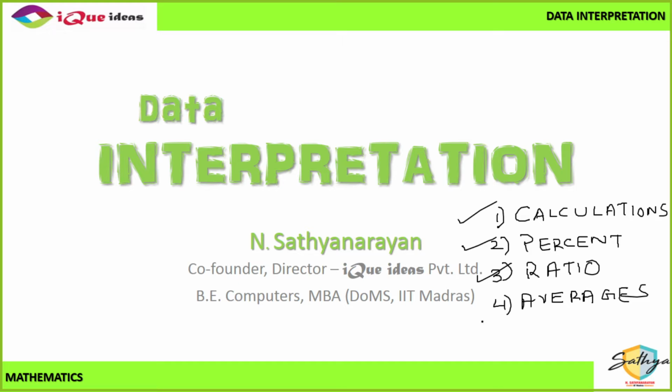So, if you are comfortable with doing calculations and you understand basic concepts of percent, ratio, and averages, then data interpretation is not that difficult. Today, however, we are going to start with a look at a data interpretation question which is slightly different, right? It involves a concept of geometry and mensuration, but something very simple, something which you must have learned in primary or basic high school, 8th, 9th, 10th. So let's take a look at the information which is given to us and then see how to solve it.